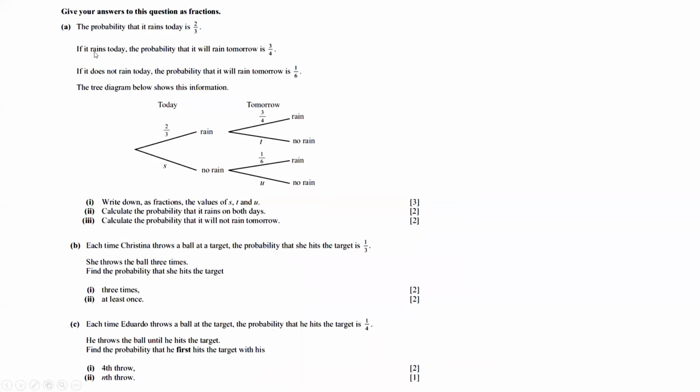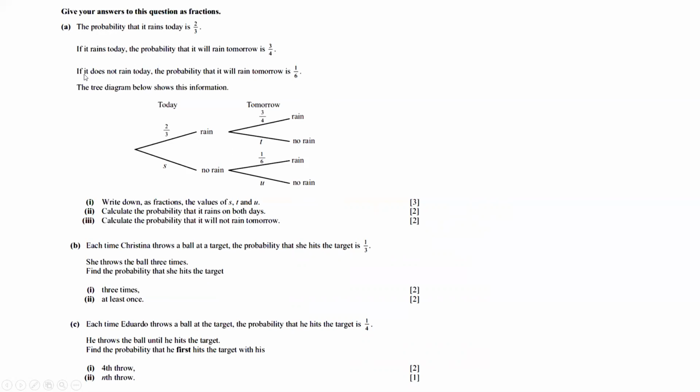Okay, if it rains, look at the question. If it rains today, then the probability that it will rain tomorrow, you see, becomes 3/4. So it changed already. It's normal, following this one. You have to follow the question. Now it's 3/4. So the second day, tomorrow, if raining, that means it's 3/4. So then you still have rain and no rain as the outcome. Rain and no rain. Okay.